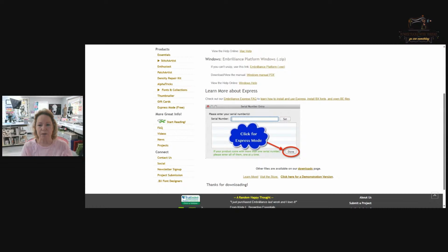All right. So remember I told you BE files are the working file for Embrilliance. Now, Embrilliance has its own font extension, and that's called BX. And the beauty of BX fonts